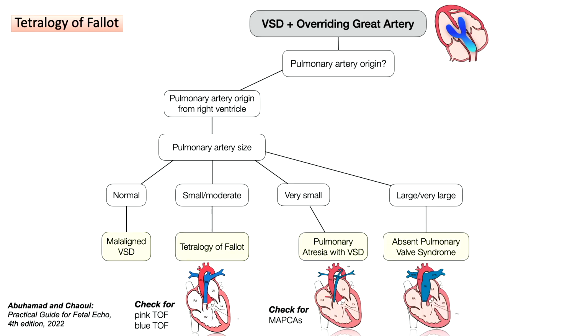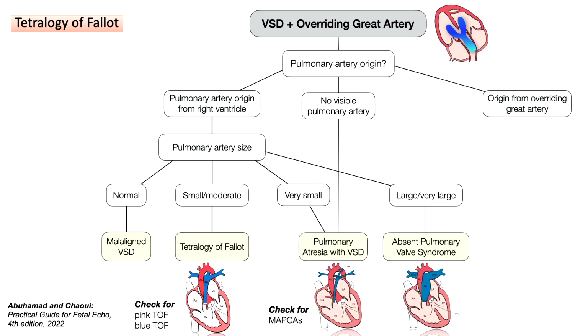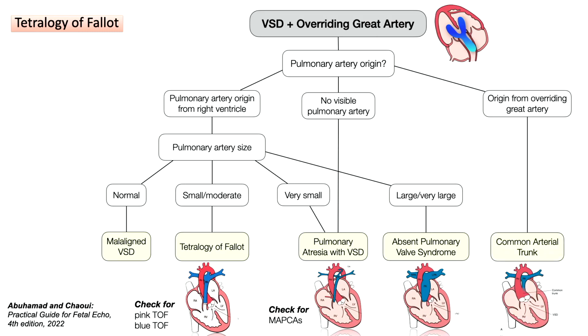If the pulmonary artery is very large, then this is absent pulmonary valve syndrome. Remember, there's an association with an overriding aorta here, or overriding great vessel, actually. If you don't see the pulmonary artery, think that this probably is a pulmonary atresia with VSD, because the pulmonary artery is really very small and difficult to see. If the pulmonary artery arises from this overriding great artery, then you are dealing with a common arterial trunk. And that's your differential features of how you work up a fetus with an overriding great artery,